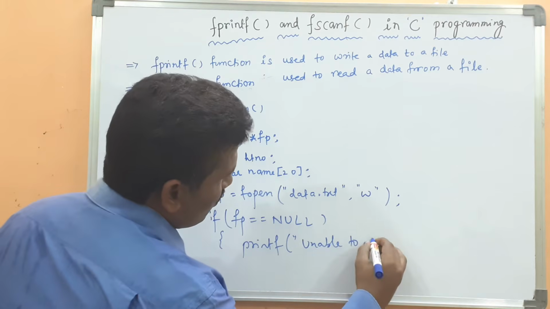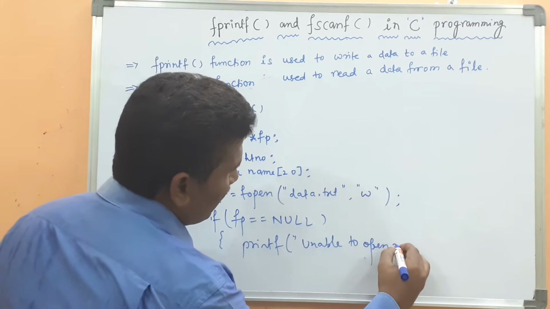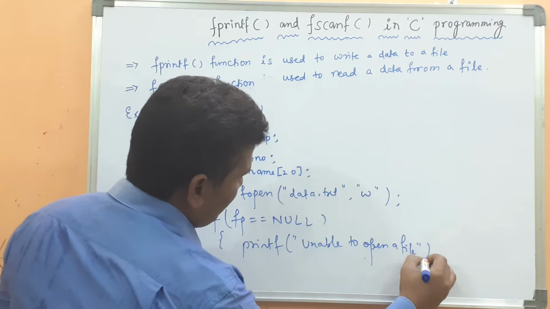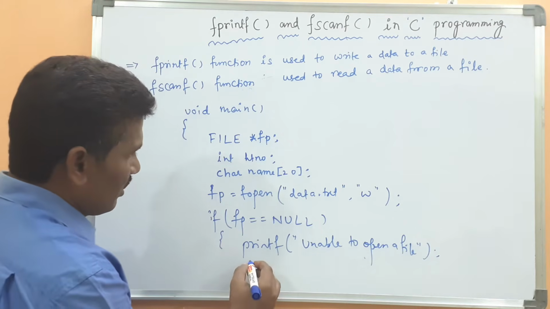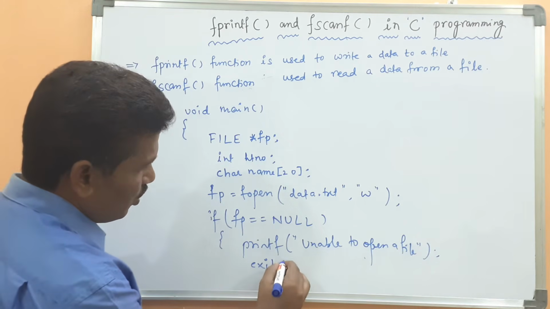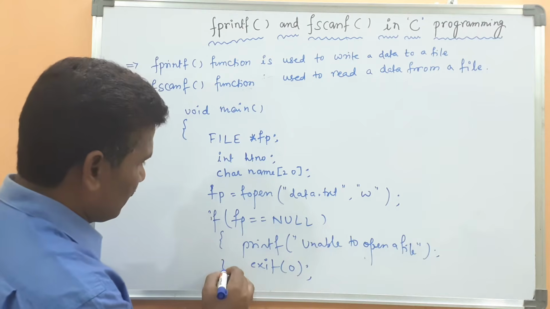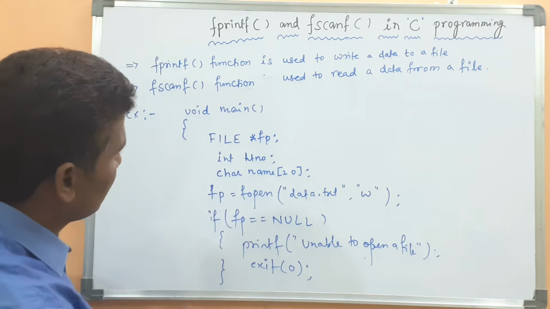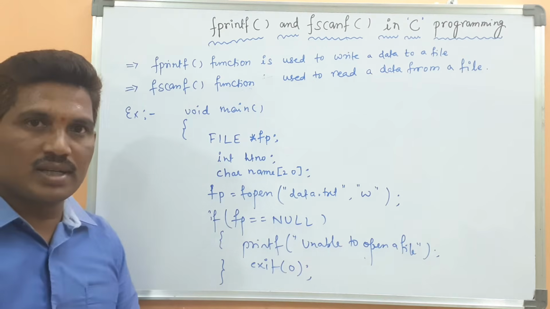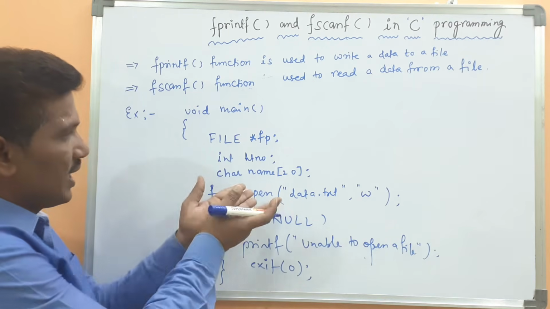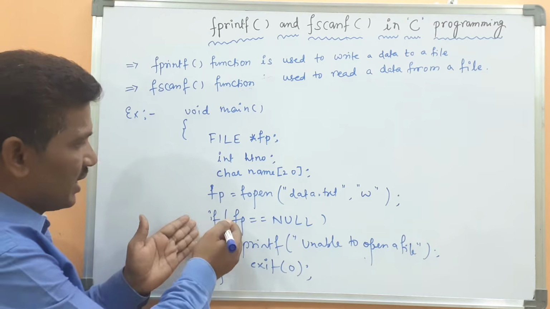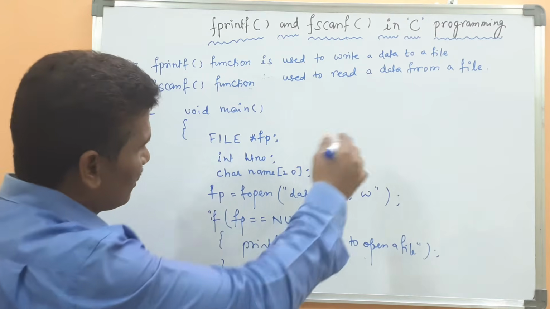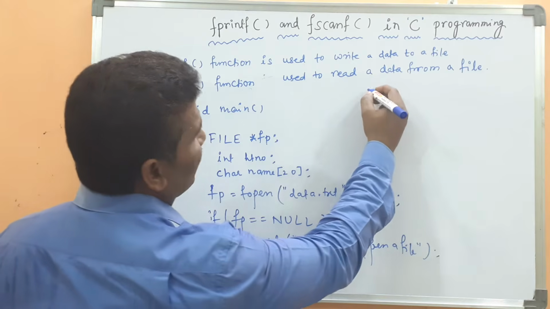Unable to open a file. Then exit. The program will be terminated. Otherwise, we need to perform the operation on the file. If the file has opened, there is no problem. The condition returns false. Then we should be able to write printf